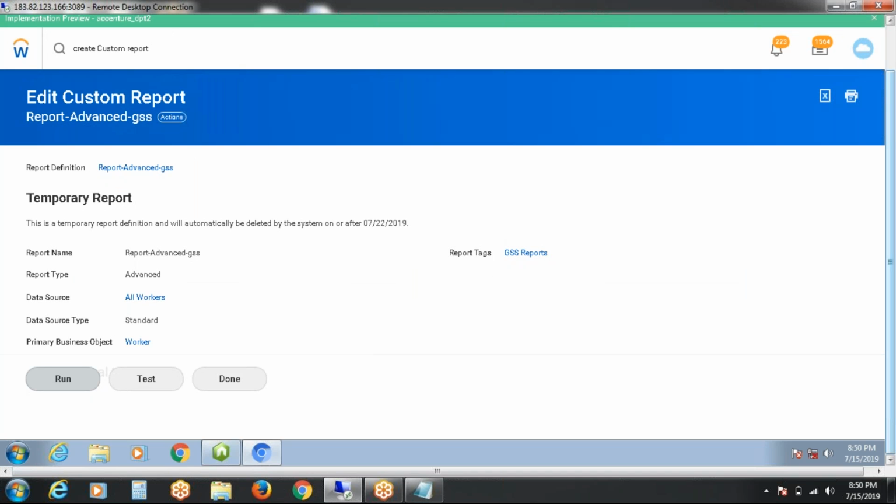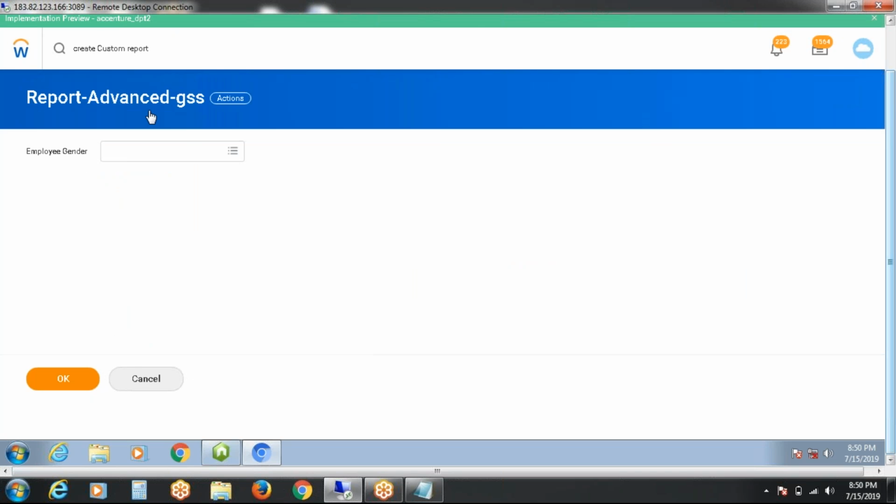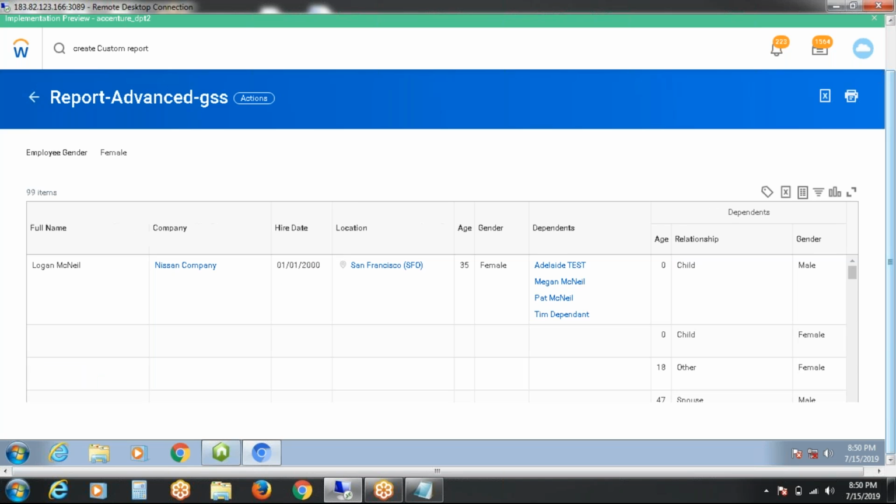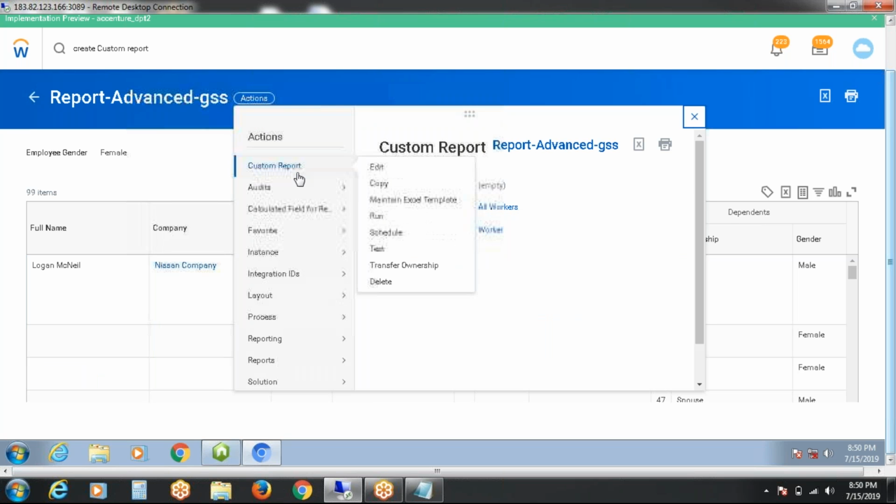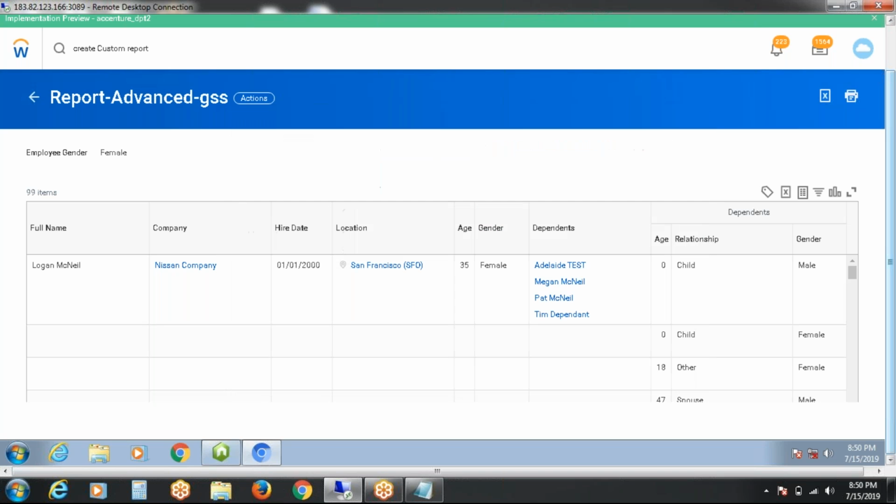What is the use of a prompt? Let's see. This is the use of the prompt. Once you click on the report, instead of providing the report on the screen, it will ask which gender you want to run the report for. Say okay. So every time you need not go to the filter condition or give any filter options. You can directly give the conditions here in the prompts. It will save our time and process also.